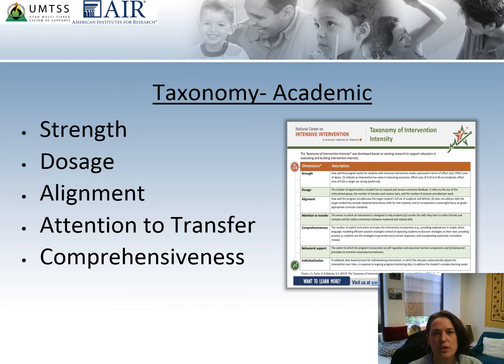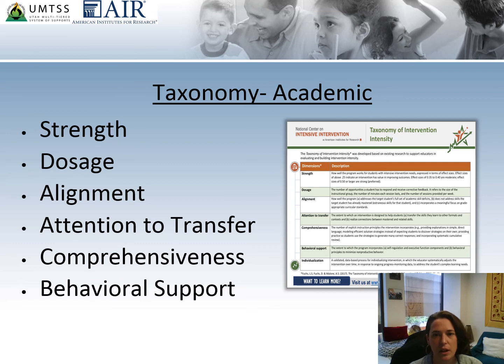Comprehensiveness refers to the number of explicit instruction principles the intervention incorporates. For example, providing explanations in clear, concise language, modeling efficient solution strategies instead of expecting students to discover strategies on their own, etc.